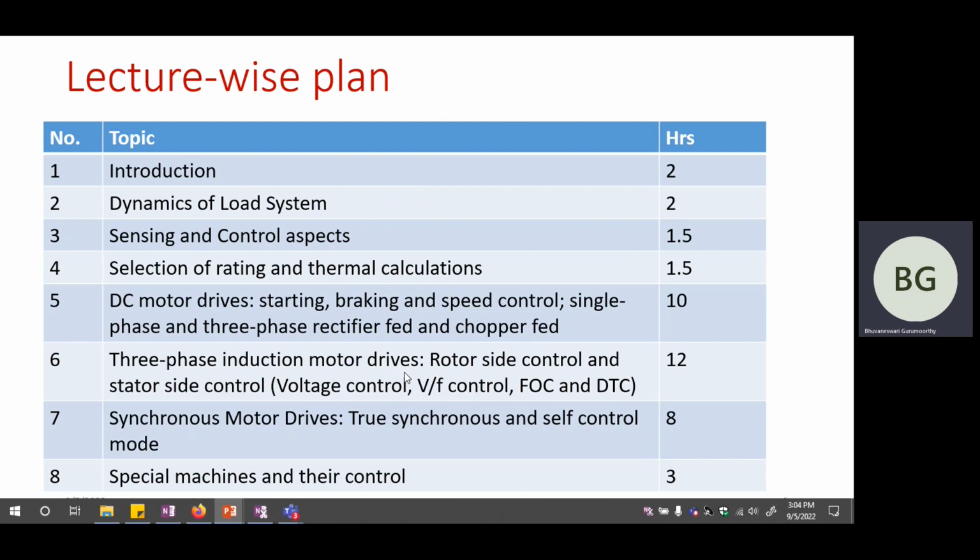Even in 3-phase induction motor drive, we will be looking at starting, braking, and speed control mechanisms for a 3-phase induction motor drive. And in synchronous motor drive,